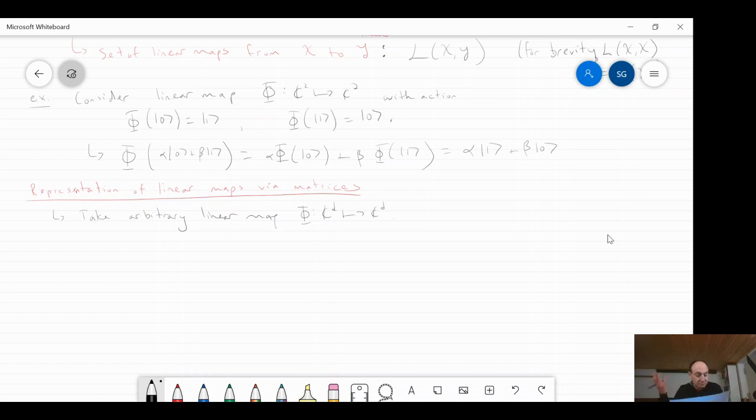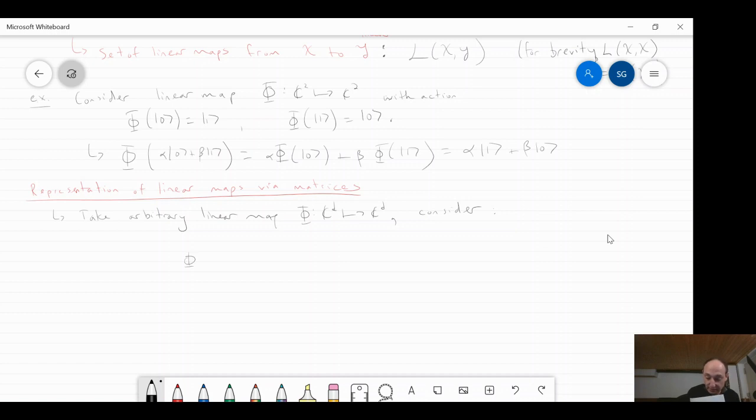Okay, and you can generalize this, of course, but because the input and output spaces are the same in my example, I'm going to end up getting a square matrix in the end. Okay, and remember, I could specify the action of this map fully by just looking at its action on a basis of my choice, and I'm going to choose the standard basis. It doesn't have to be that way, of course. So consider this thing here, right?